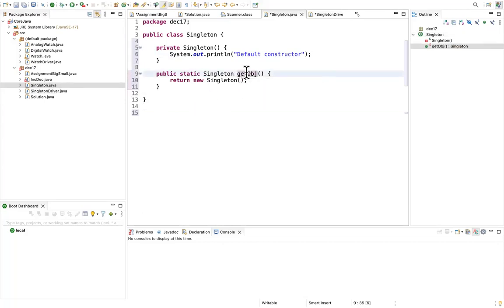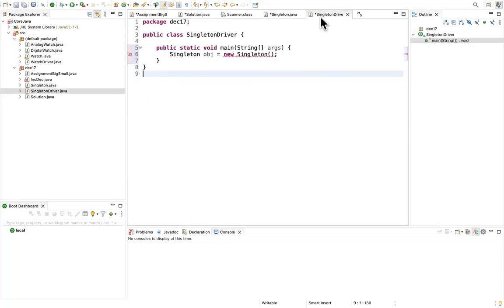So there are two things, eager initialization and lazy initialization. Eager is like, without asking, I'll keep it ready and handy for you. Unless you request, I won't do it is lazy. So here I'm actually requesting now to create an object. So instead of new Singleton, access your class static method, Singleton dot getObject.